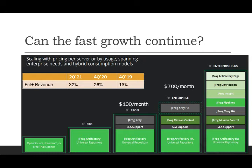So it's important to look at JFrog's Enterprise Plus revenue growth. JFrog doesn't provide the absolute revenue contribution from Enterprise Plus. However, it does provide the percentage of revenue coming from Enterprise Plus products. So at the end of the latest quarter, that is the second quarter of 21, Enterprise Plus contributed 32% of total